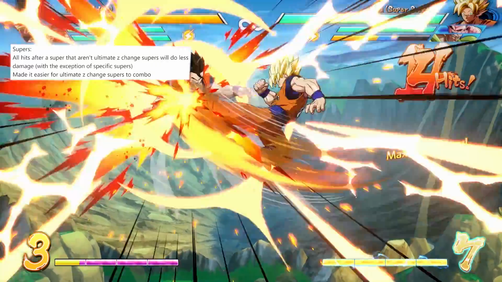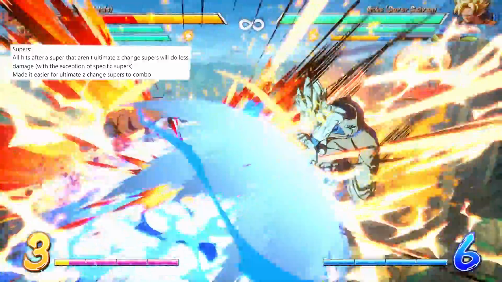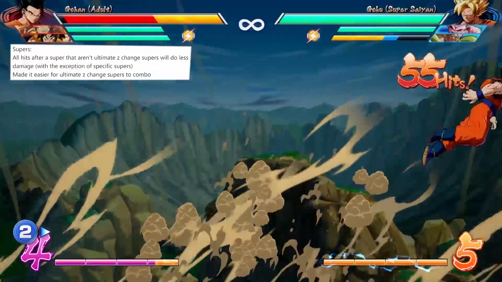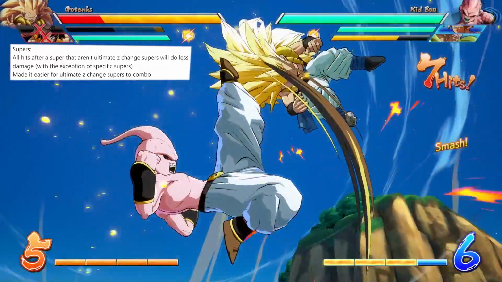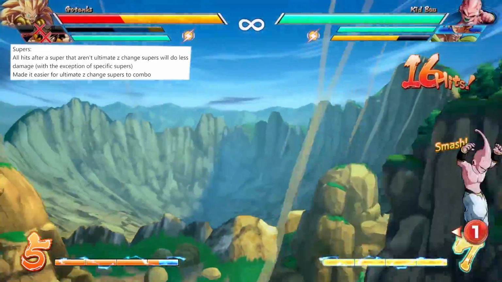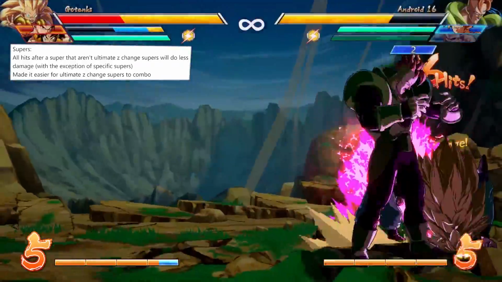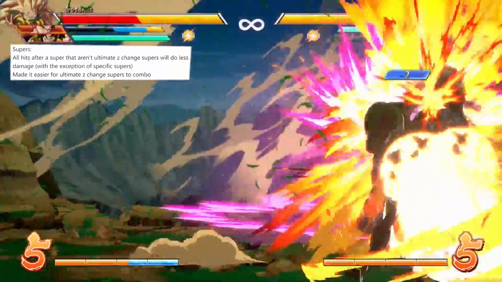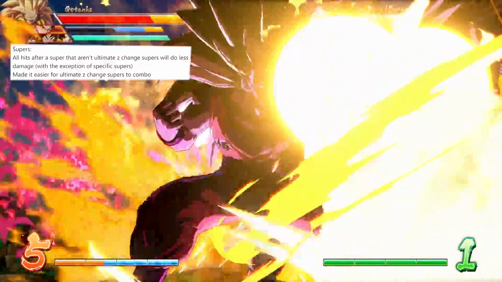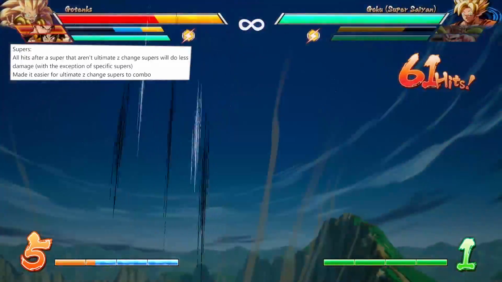So if you launch a super and follow up with another assist, it will be easier to chain those supers together, opening up the possibilities for new team comps, for new synergies. But the big deal here is that all hits after a super that aren't an Ultimate Z change are going to be nerfed, which means double supers are probably going to die, with the exception of some very specific